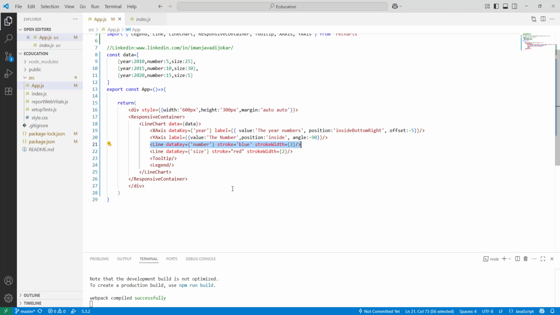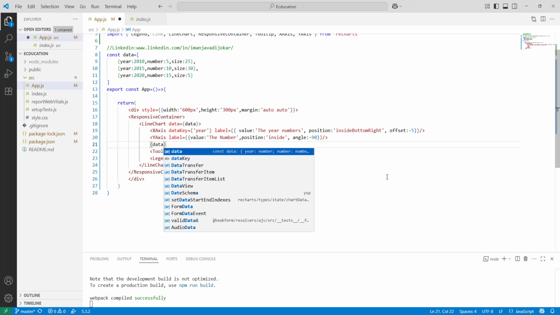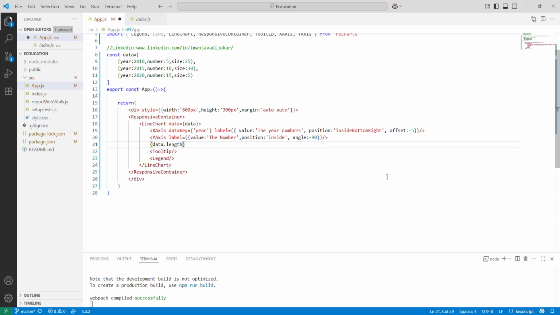In this situation, you write a map for all keys. Let me show you. Here you can write, for example, data length greater than, for example, 0. Then